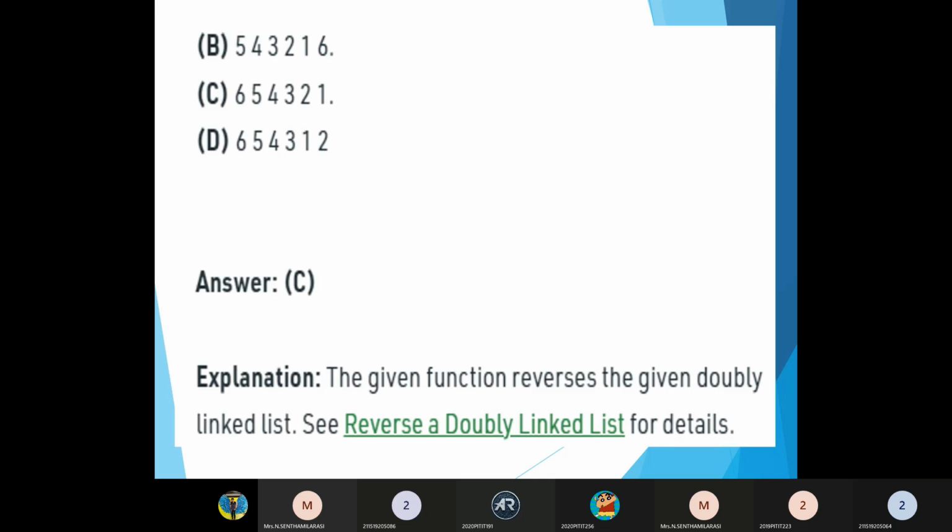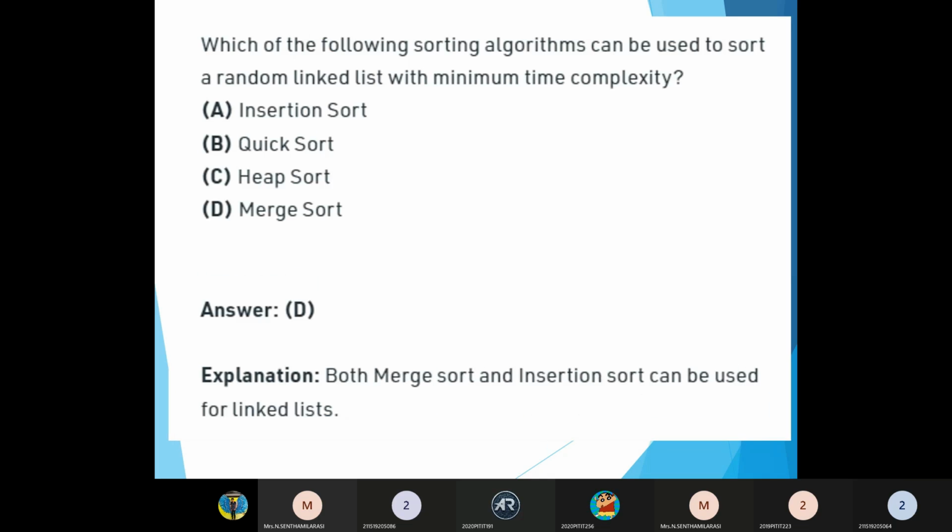Okay, so the next question is, which of the following sorting algorithms can be used to sort a random linked list with minimum time complexity? We have many sorting algorithms, but which can be used to sort a random linked list with minimum time complexity? They have given the options insertion sort, quick sort, heap sort, merge sort. So here we choose option D, merge sort, because both merge sort and insertion sort